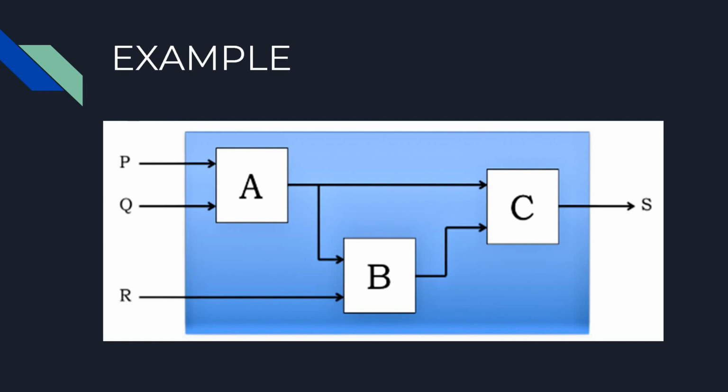The TPD of the overall system will be the maximum of the TPDs considering all the possible paths from inputs to outputs, in other words, the TPD of the longest such path.